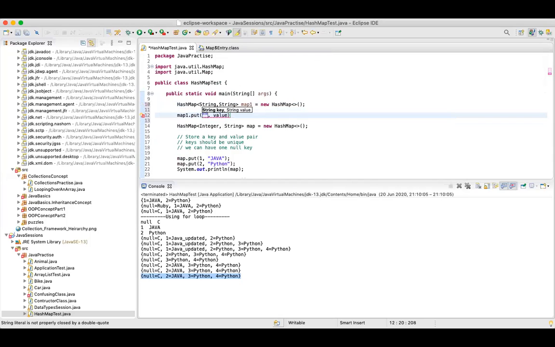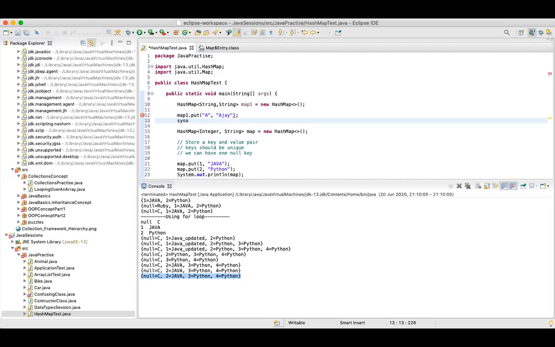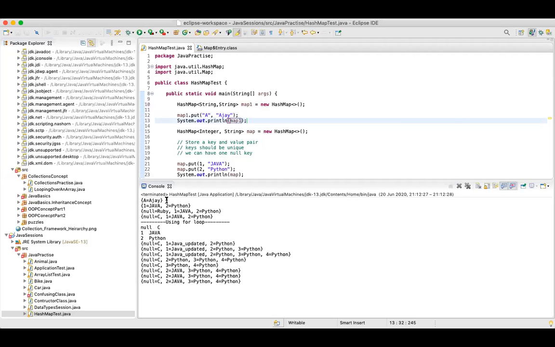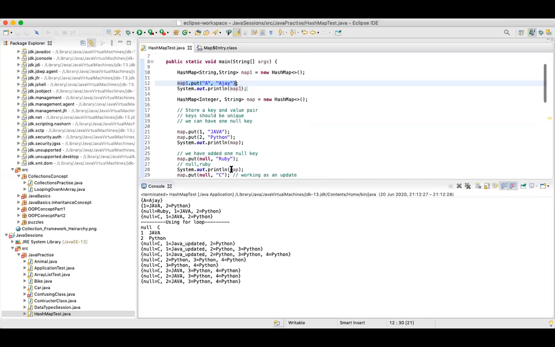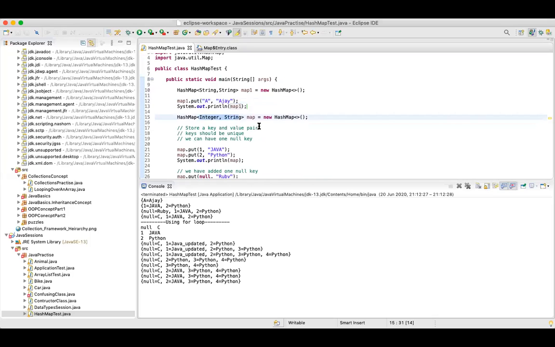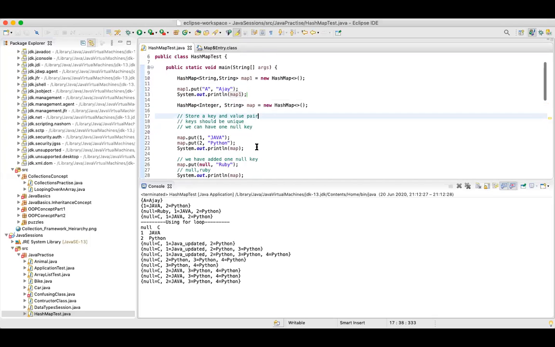So you can say a, and here you can say Ajay. Then I'll print map one: a and Ajay. This I'm dealing with string comma string, and we have seen integer comma string. Rest everything remains the same.